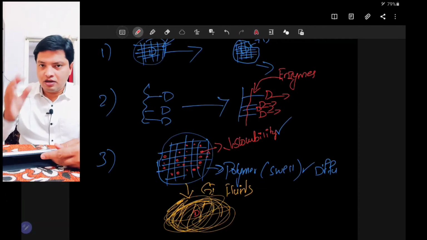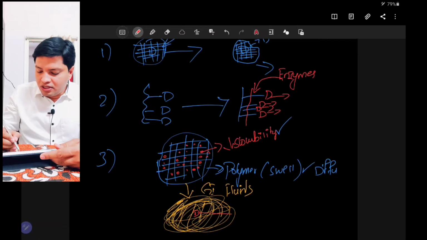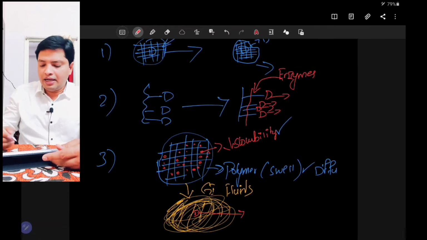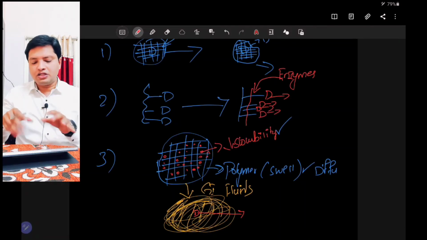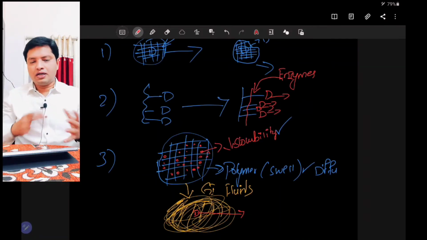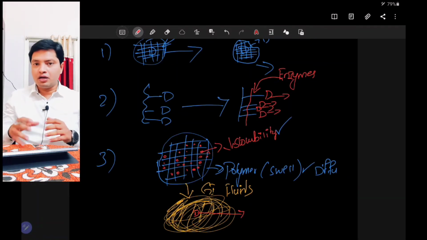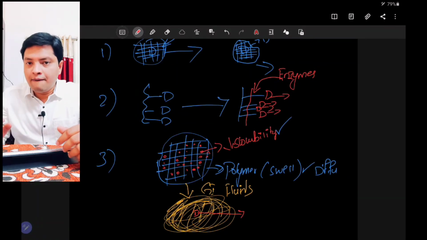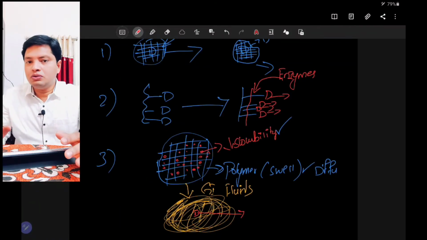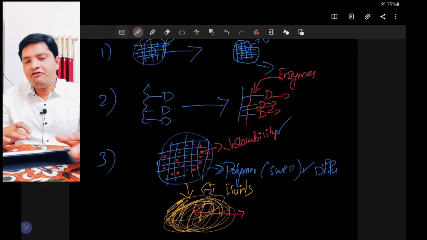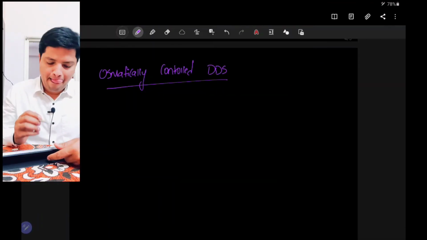So, one is dissolution control. First the drug has to dissolve, then it has to diffuse through this swollen polymer and come out. Hence, this process we call diffusion control. So, two processes can be achieved in the same system. Hence, we call it a dual process control system, that is, dissolution and diffusion system. One, the drug's dissolution is being controlled. Two, the drug diffusion is also being controlled here.